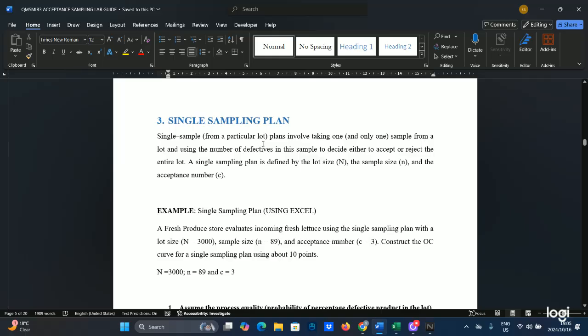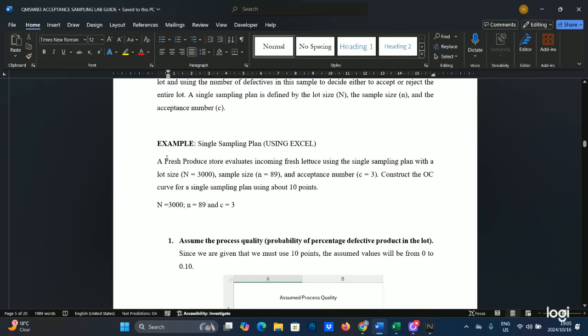So a single sampling plan is involved when they're taking only one sample from the lot and then using the number of defectives to decide whether to accept or reject the entire lot. A sampling plan consists of a lot size, a sample size, and an acceptance number. So let's say, for example,